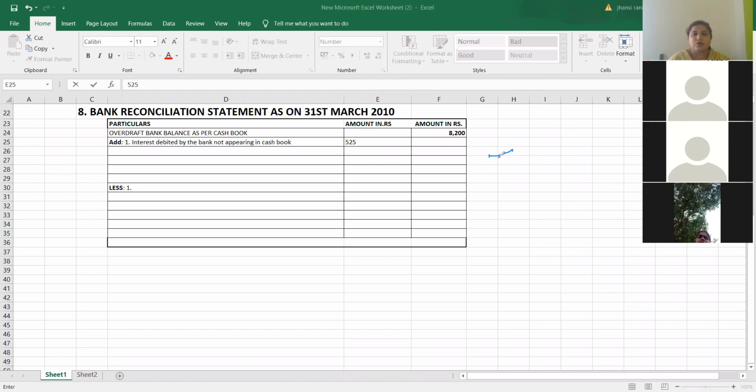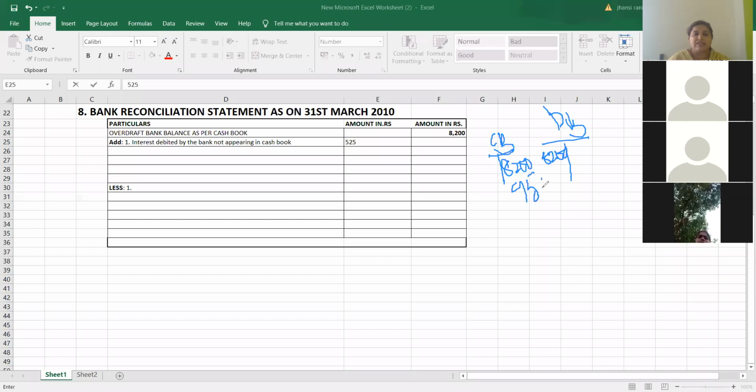So again, let us draw cash book and passbook. Already we are having some balance. Yes, that is 8,200 on the cash book credit side and 8,200 on passbook debit side. We have issued a check. Yes, whenever we issue check, where do we write? As soon as we issue check as a trader or as a businessman, I will write in my cash book. So all payments will be written on cash book credit side and the check value is 950 rupees. So as soon as I gave check to Vasan, I have written in my cash book.